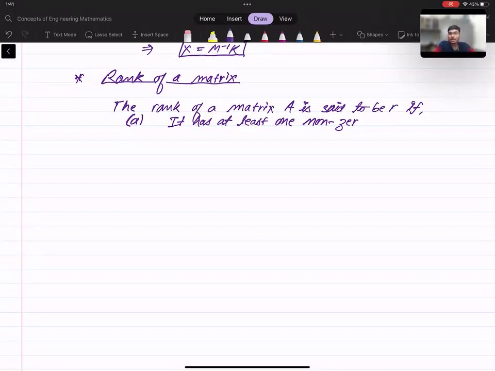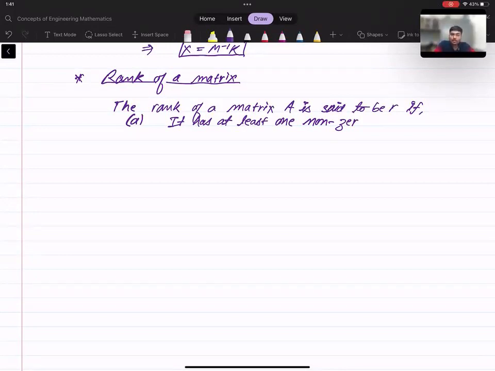Actually, minors will be in the form of square matrices only, because minors are related to determinants also. So the number of rows should be equal to the number of columns. So there will be minors like 1 by 1, 2 by 2, 3 by 3, etc. Okay, so there will be several minors, but